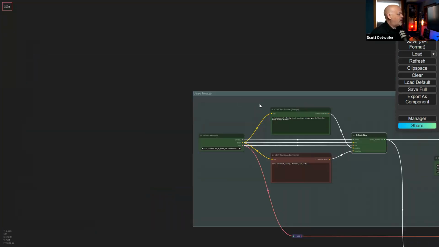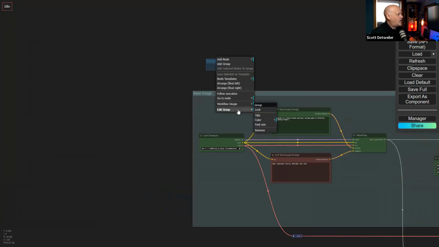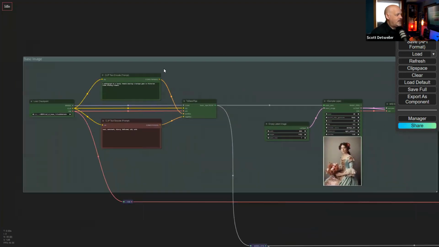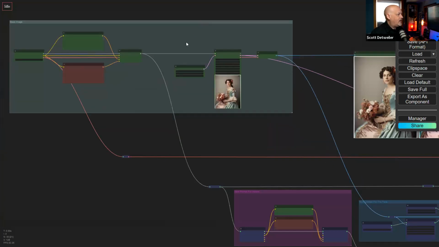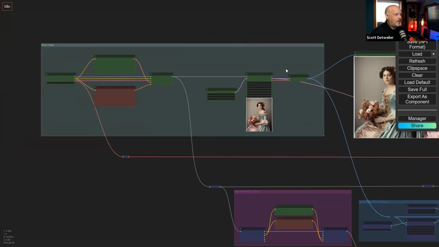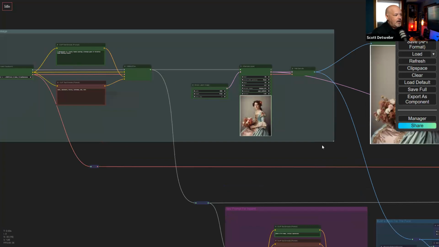Yeah, groups are on here. You just right click and say add group and it'll create one. So it's not the world's nicest UI for that kind of thing, but for the most part, it keeps everything together and glued. Is the Comfy manager something that would be standard to Comfy?